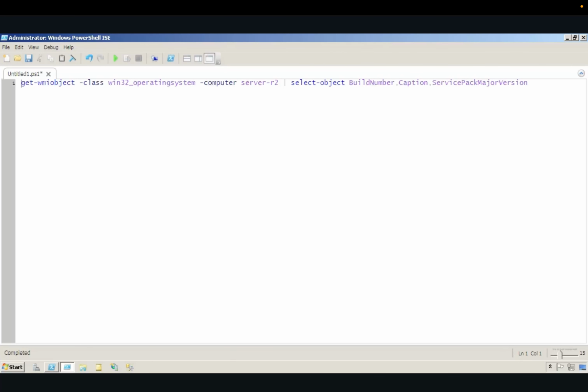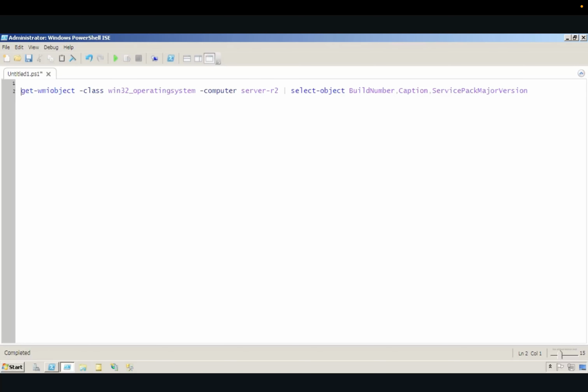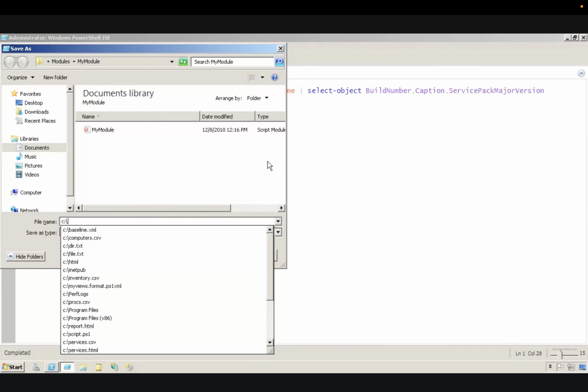So I do have one thing in here that I think is going to change on a regular basis, and that, as I said, is the computer name. So let's just stick a variable in there. And here at the top of the script, we'll set computer name equal to server-r2. Now at this point I can save this. I'll just save it in the root of the directory to make it a little easier here, and we'll call it